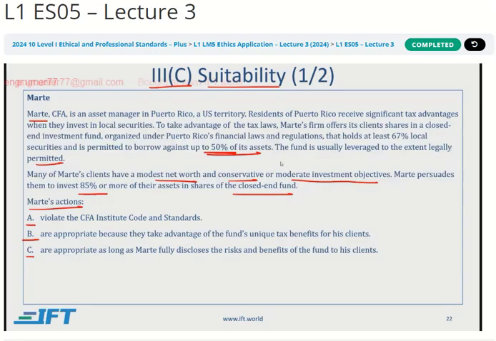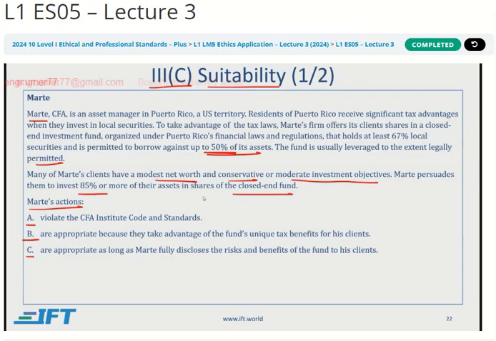Now, keep in mind that given the high level of leverage, this is very risky. The fund has a high level of risk, and we are also told that the clients have a modest net worth and they are conservative, or they have moderate investment objectives. So right off the bat, this does not look suitable for most clients.